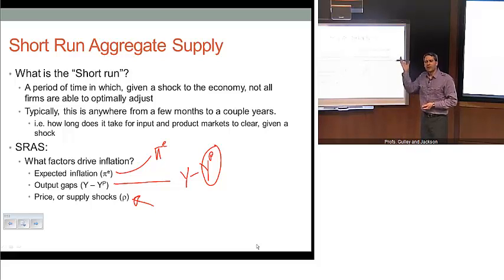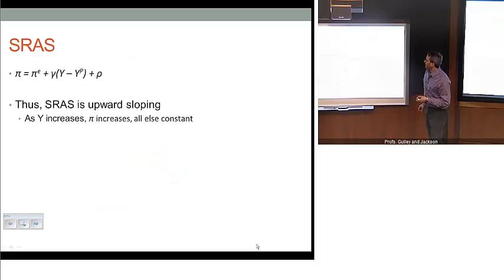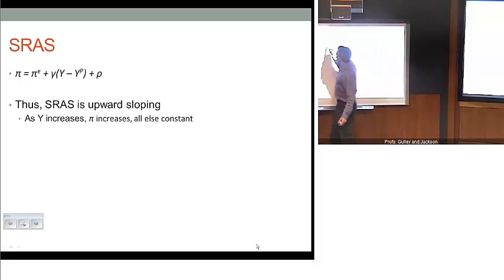And so if we assume that output is constant or unemployment is constant, then these price shocks are going to be acting sort of as an exogenous change to the inflation rate. And so we'll talk about how those things might look here in a second. So if we put all these pieces together,